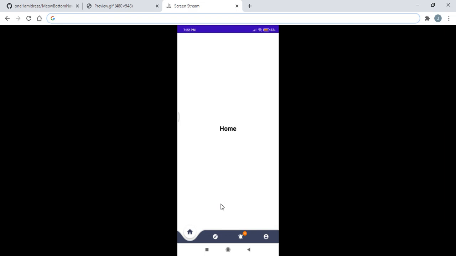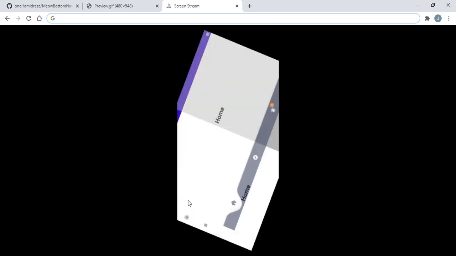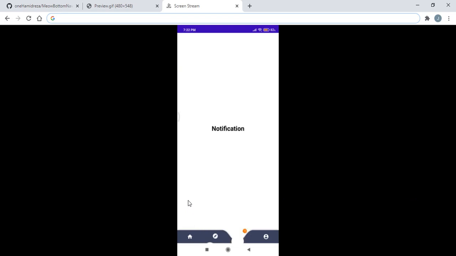Now, without wasting time, let me show you the code and the dependency which we are going to use to achieve this kind of drawer. And here you can see that we can also adjust it with side animation also, and we can also add this downside a badge for notification, and you can also see all this stuff. Now I am going to show you